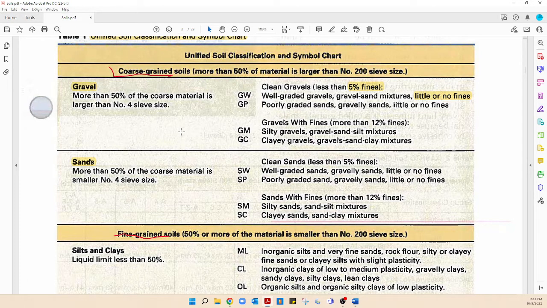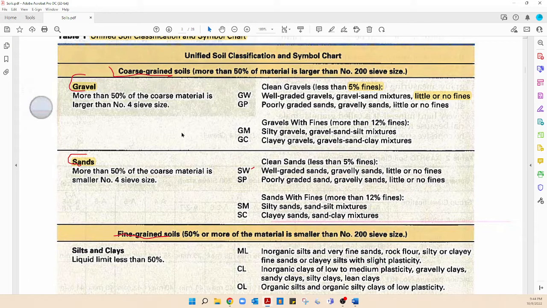And then we talk about the coarse grains being divided into gravels and sands, and more than 50% of the coarse material is smaller than